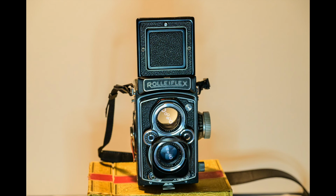The X mode is for electronic flash units. Between the viewing lens and the taking lens, you have 2 small round dials. The one on the right is for adjusting your f-stop, and the one on the left is for adjusting your shutter speed. And on the dial on the left, you can see some numbers, and those are exposure value numbers in case you're going to be setting up the f-stop shutter speed combination to achieve a certain EV